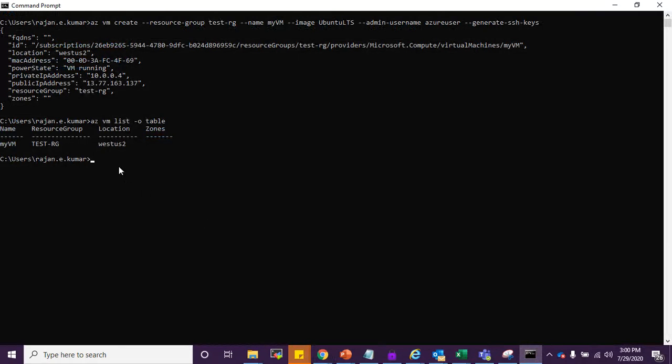Let's go back. Let's try to SSH into this. ssh azureuser, that's my username, and at the rate public IP address, 13.27.